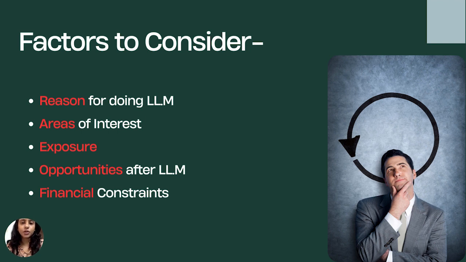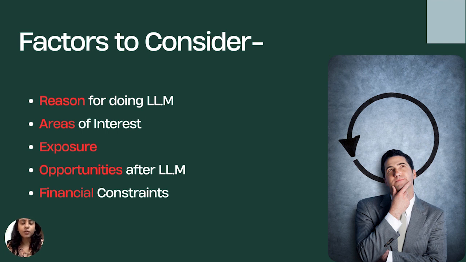Second comes your area of interest. That if you have ascertained that, okay, you want to do LL.M, then what are the areas that interest you? Because depending on that, you will have to shortlist that these are the colleges that offer your preferred area of specialization. And this is wherein, you will have to do your LL.M from. Third is exposure, that, the exposure that the college will give you. So for example, if it's a very good national law university, then it will give you a better exposure. Or colleges in Mumbai or Delhi, they also offer a better exposure than colleges in other places.